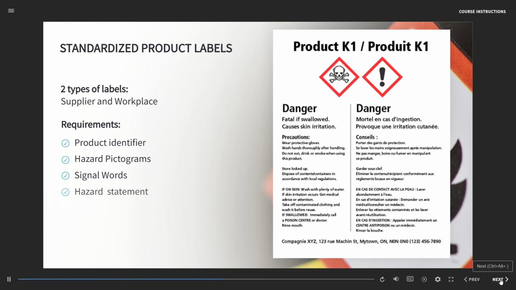Hazard statements: standardized statements of all hazards associated with the product. Precautionary statements: precautions to be taken to minimize or prevent adverse effects from exposure to the product, and include PPE to be used, emergency and first aid measures, as well as storage requirements, information on how to respond to an accidental spill, and disposal of chemical. Supplier identifier provides the name of the company which made, packaged, sold, or imported the product. Supplemental information such as the route of exposure,